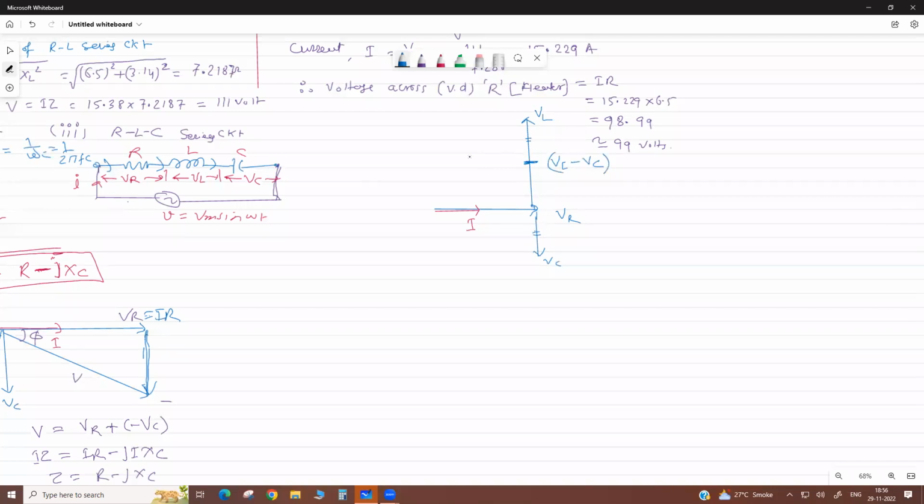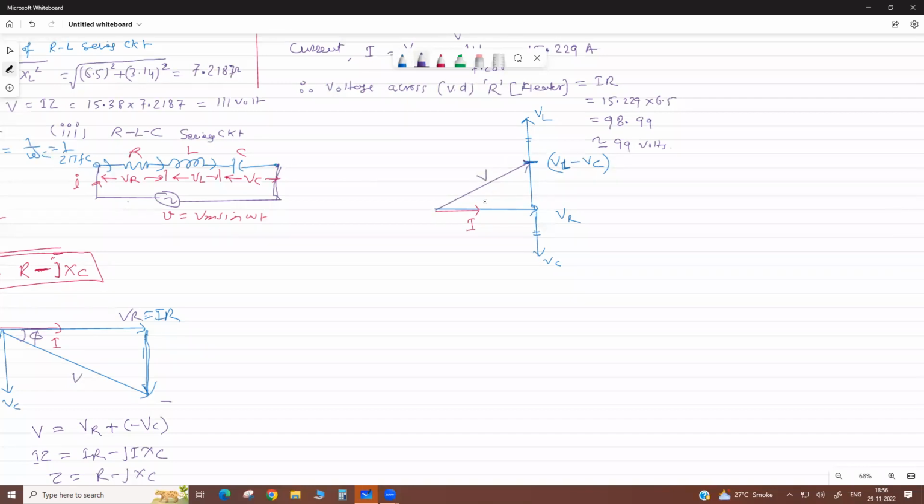Okay, it depends on which is higher in value, inductive or capacitive. Sometimes VL minus VC comes out negative, so it depends on the values of L and C. It may be a lagging or leading power factor, meaning inductive or capacitive. But in the general case, we take L as higher, meaning inductive, as in most cases the circuit is inductive. So now if we calculate this total, it comes like this,